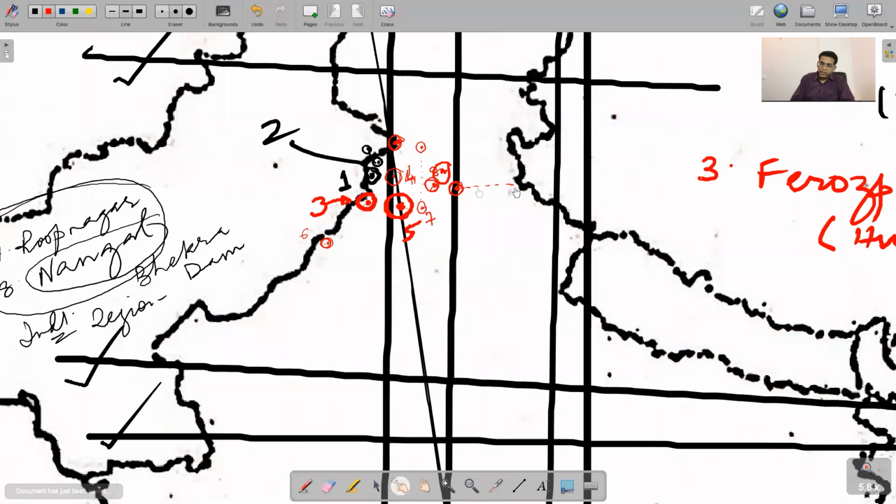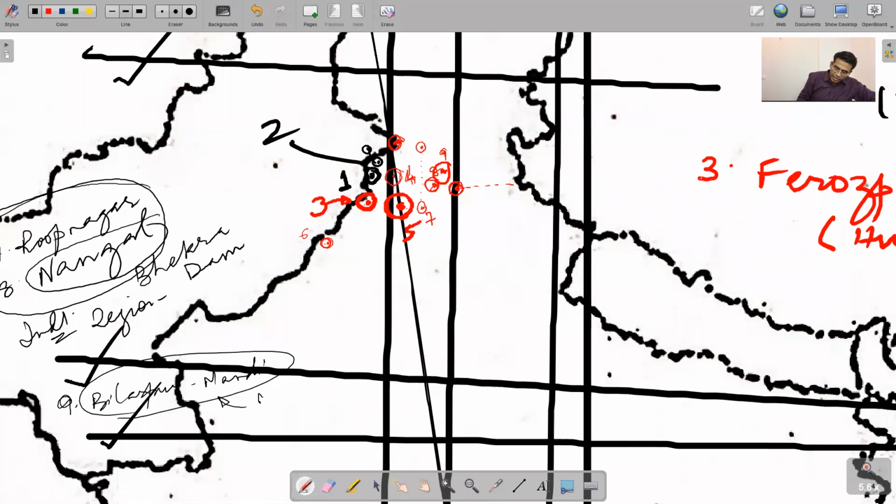From this corner, this is Shimla, this is Roopnagar, Ludhiana. Ludhiana, east of this is Roopnagar. From Roopnagar, this is Nangal, and from here, this is Bilaspur. Yes, Bilaspur Mandi is very nearby. You actually can mark this area as Bilaspur and Mandi. Number 8 is here, number 8. And this point, Bilaspur and Mandi, you can mark together. So this is 9. You can mark Bilaspur, you can mark Mandi together.